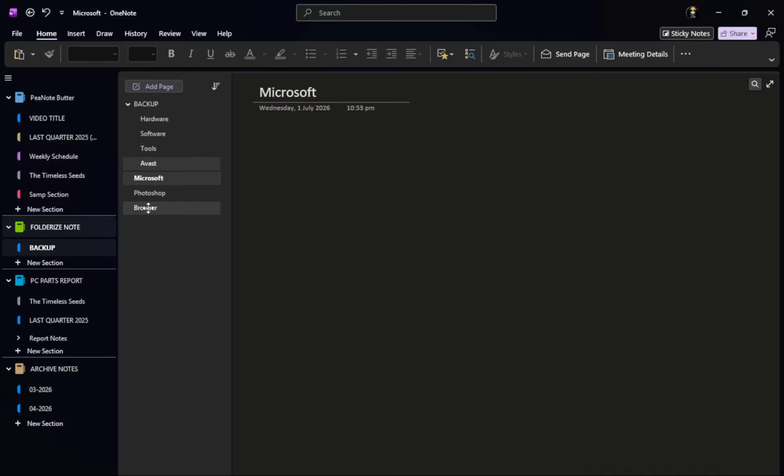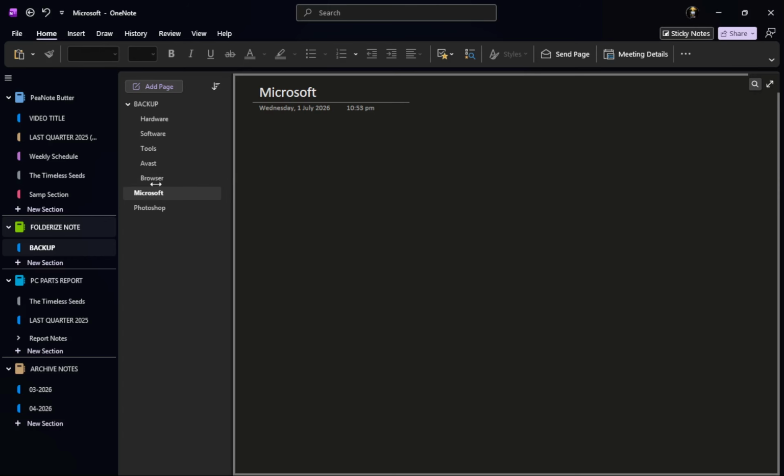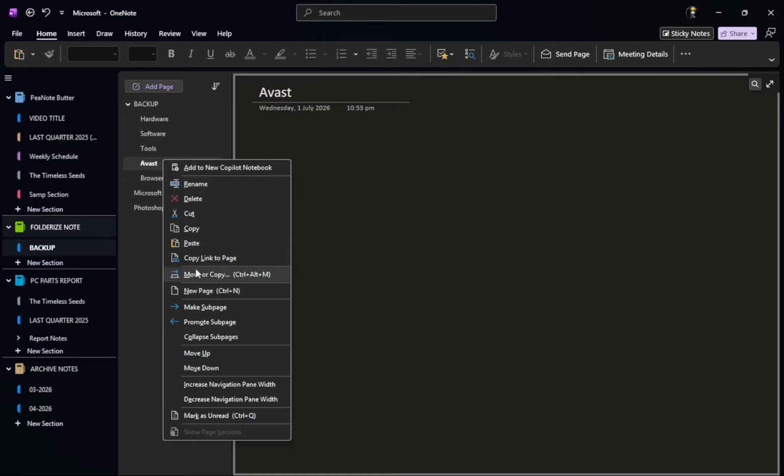Now repeat this process for the remaining section tabs until all of them are arranged in A to Z order. It might take a little time depending on how many sections you have, but it is worth the effort. As you complete each drag and drop action, you may notice that your notebook starts to look much more organized. This will save you time when you are looking for specific sections in the future, making it a valuable investment of your time.